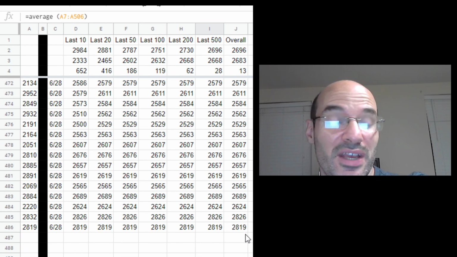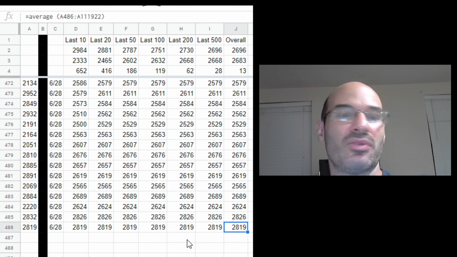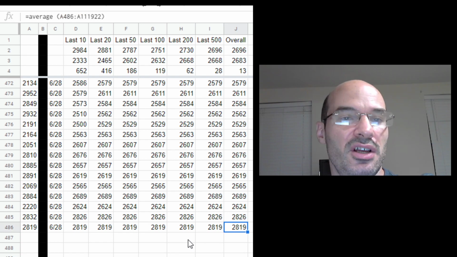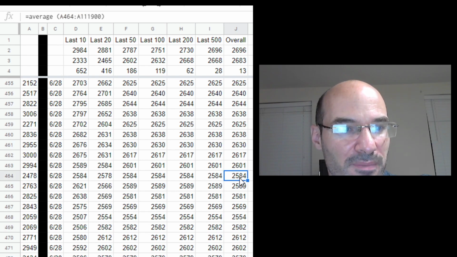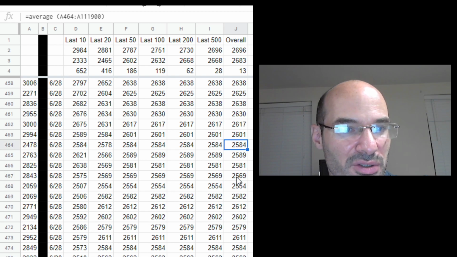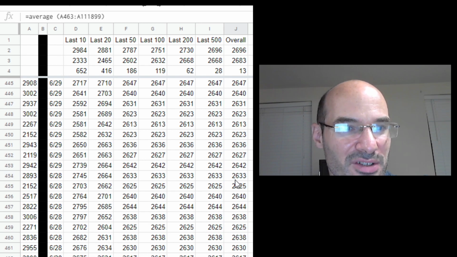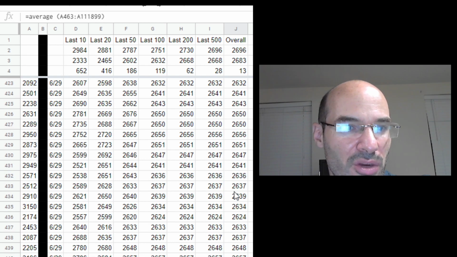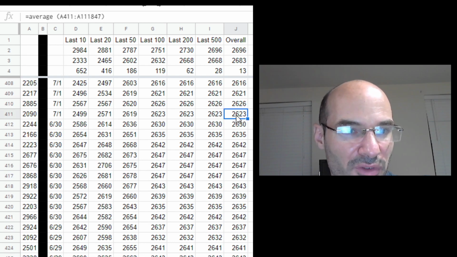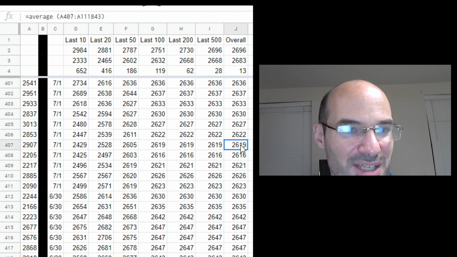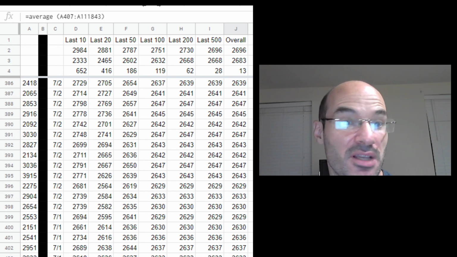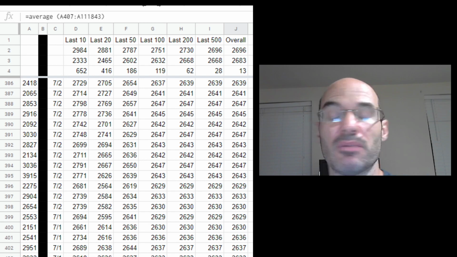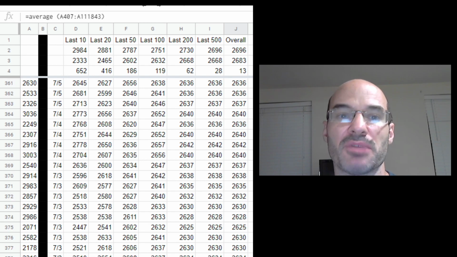It was like 2580. I was hanging around the 2580, 2590 level as an average, and even at the start I stayed around there. After about 30 games, I was still just a 2584 average, you know, 2601, and then I just started to take off. Even after about 100 games, I was still only like 2619, which seems much lower than my level now. But my openings have gotten much better.